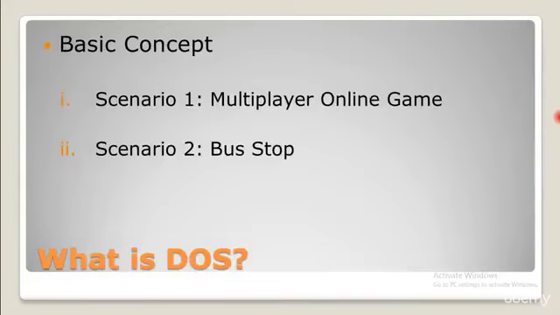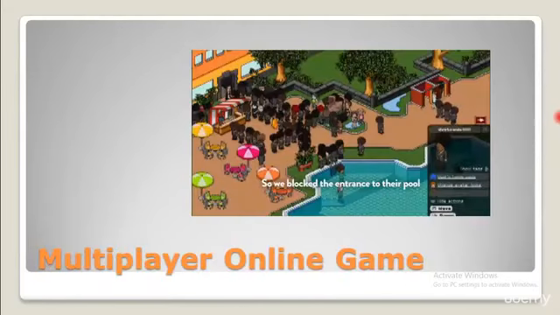The first will be a multiplayer online game, and the second will be a bus stop. So to start with, scenario one is a multiplayer online game. Now just consider you are playing an online multiplayer game. There are millions of other people who also play this game. Now there's a pool in the game that everyone likes to visit. You and your friends know that they have the power of numbers. So there are a lot of you, and together you decide to make identical characters in the game. That means you make all of them look similar. Then all of you go and block the access to the pool. You just carried out a denial of service attack.